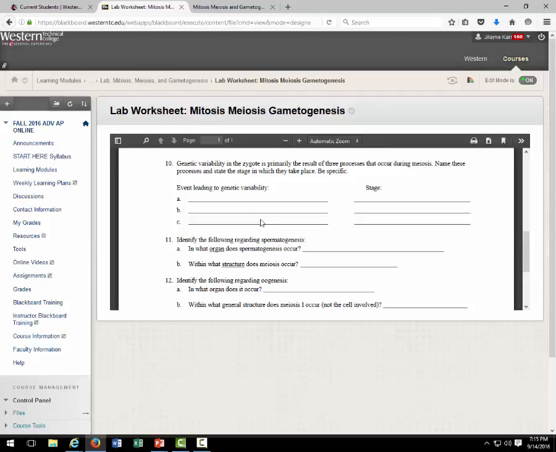Now there's another link to variability that's not on the worksheet, and that is which sperm is going to fertilize the egg. There are millions of sperm in one ejaculate from a male. So which one is going to fertilize? That's random also. So we call it random fertilization, another source. That could be letter D. It's not on the sheet, so you don't need to know it for the lab exam, but it's important to know that that's another reason